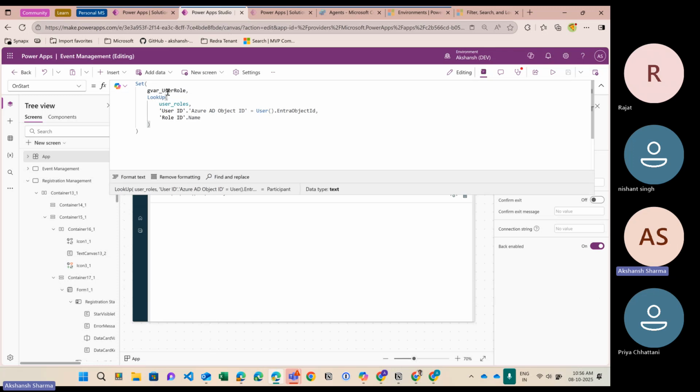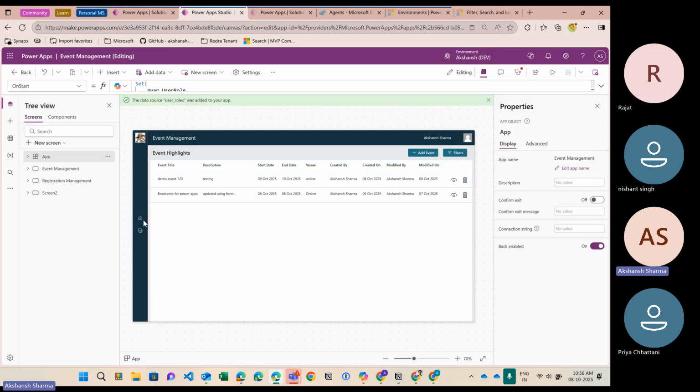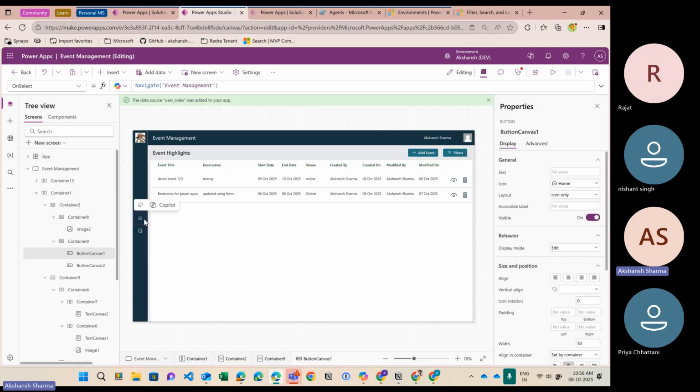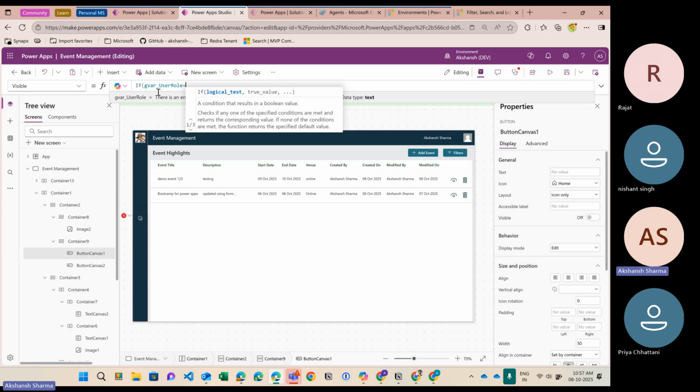But that's what we need to check, if it is not participant, right? Because a participant should not be able to see this home icon. So what we need to do is, now we have clicked this, now visible. Right now you can see visible is set to true. What we need to do is check if gvar user role is equals to participant